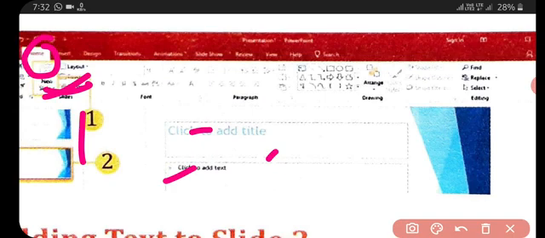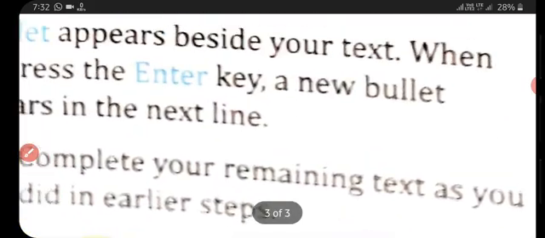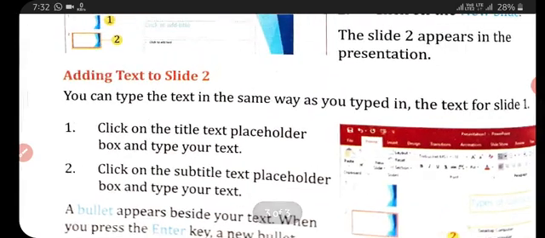When you press the Enter key, a new bullet appears in the next line. Complete your remaining text as you did in earlier steps. For this you simply add a new slide and simply add text to the new slide.